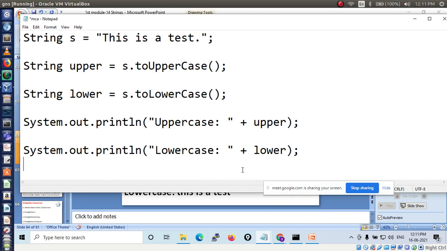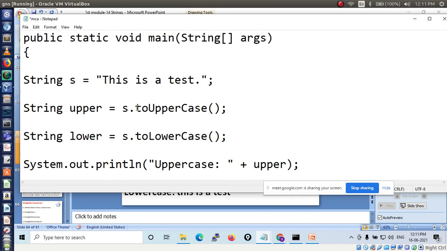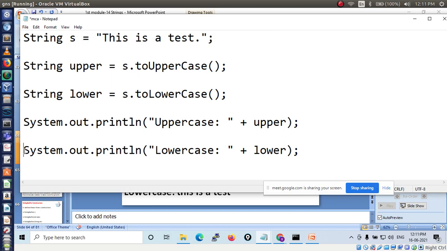See, I am pasting this code. Okay, here first I will execute this one, toUpperCase. This I will not execute right now.